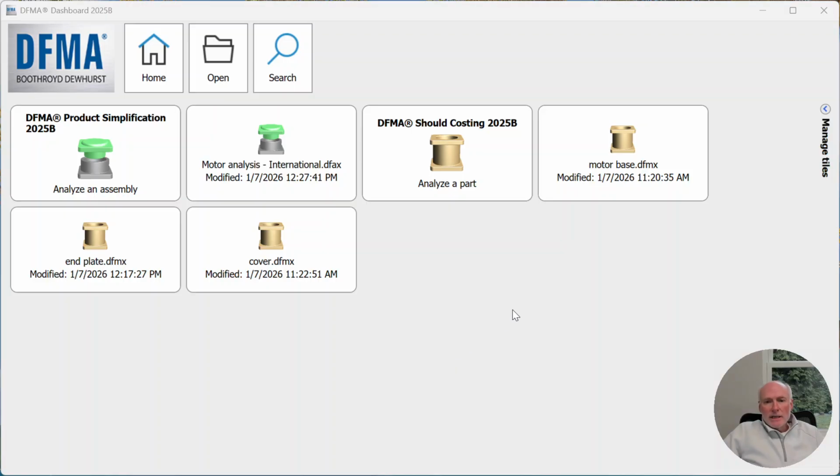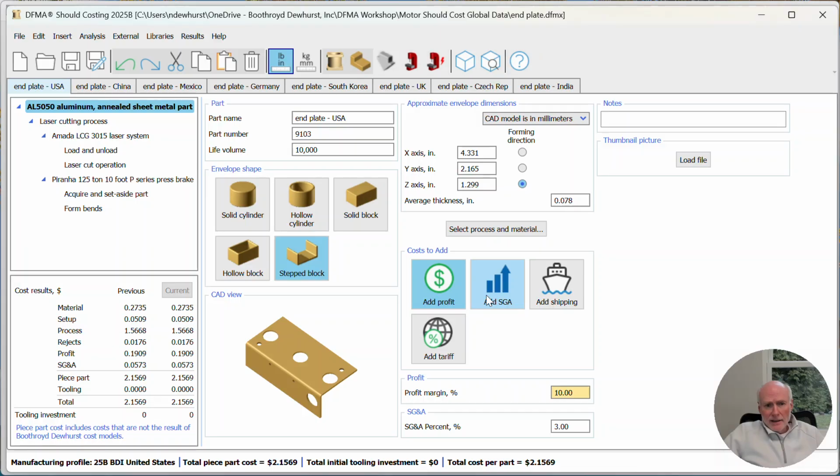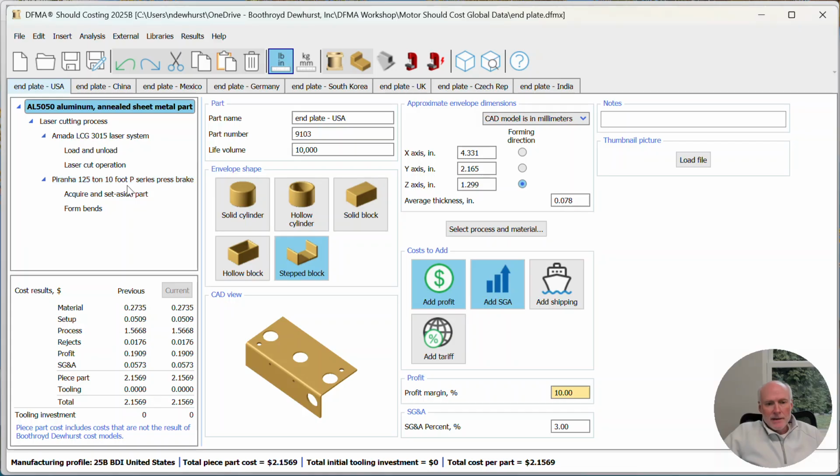So if I start out looking at a simple part, I'm going to open up this end plate analysis that I've worked on. And you can see here that we've brought in a CAD model of the part, and we have gone through and done an analysis, making decisions about part geometries and material types. And you can see it's a laser cut part with a press brake used to do the bending. And then once that sort of baseline part analysis has been established, you can see here a cost of $2.16